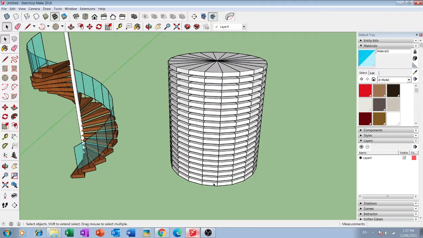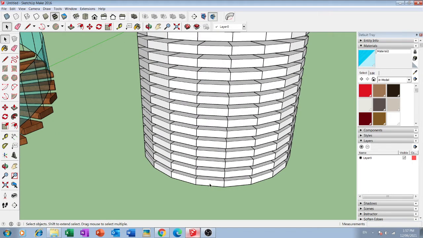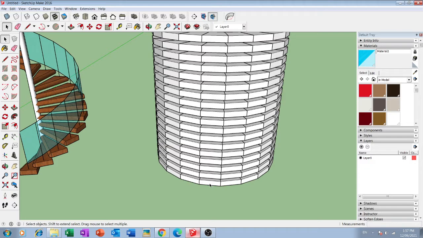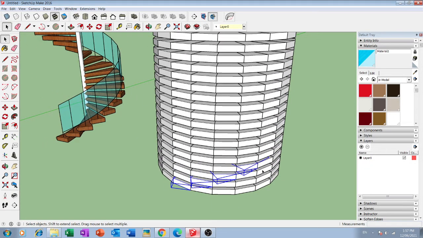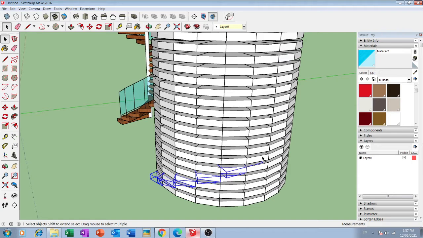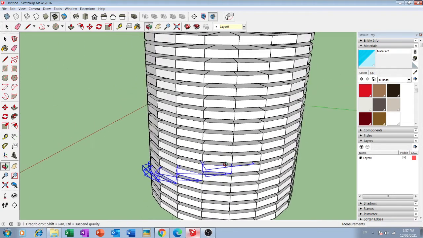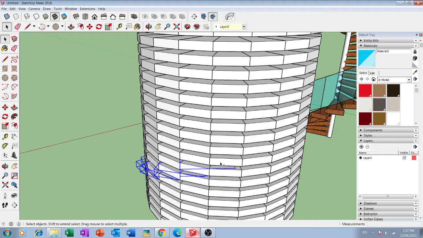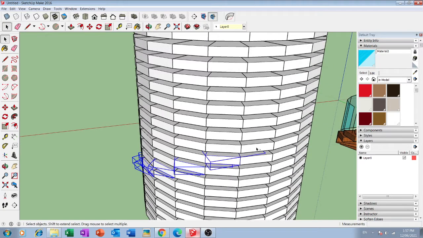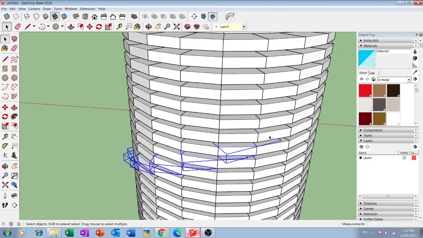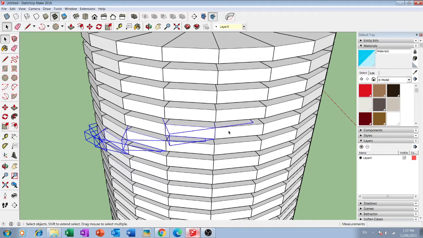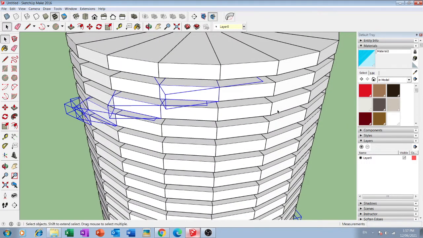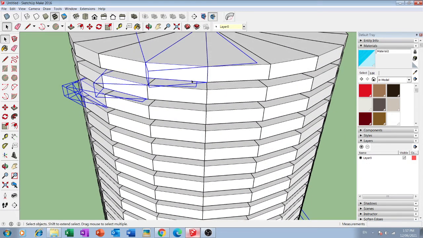So now we'll select these steps one by one. For that we'll press the control button and select in a rising form. We'll select the alternate steps so it will give the feel that we are moving upward. Select the steps like this.